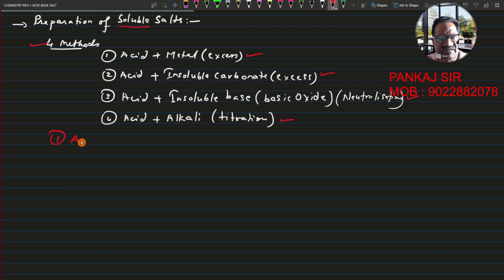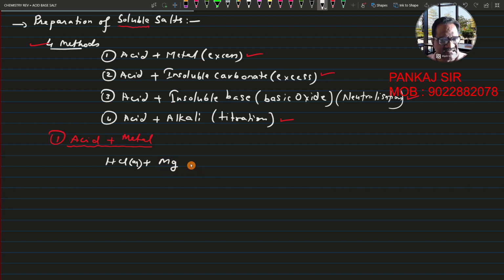So acid plus a metal, and of course the metal has to be in excess, right? So this is the first method I'm starting with. For this method I'll take an example of, say, hydrochloric acid. And hydrochloric acid, as you know, will be in aqueous state. So I'm taking hydrochloric acid which is slightly dilute, plus I will take magnesium metal, and this I'll